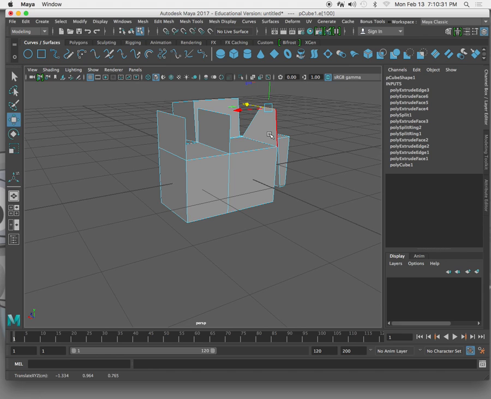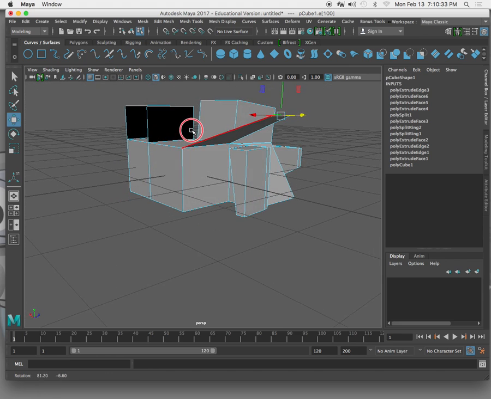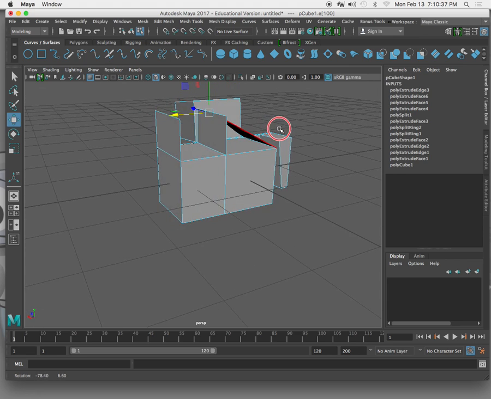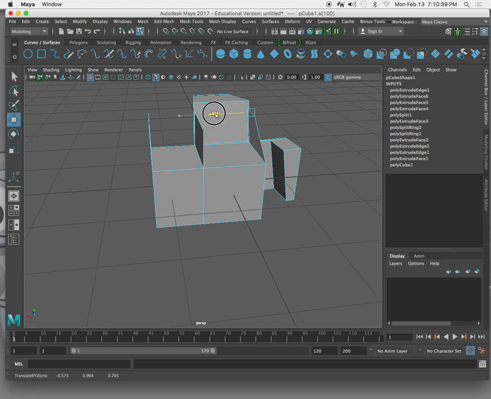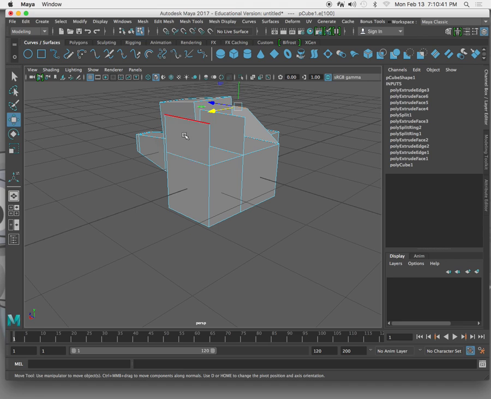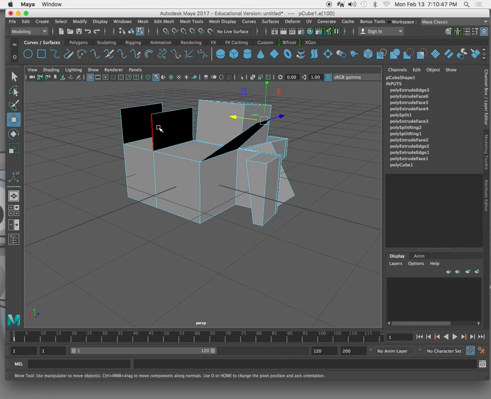Now I mentioned normals a few minutes ago. You probably noticed that on these faces that I created, there's a gray side and a black side. So the gray side is the normal side. This is the side that the camera can see. The black side is the side that the camera can't see. And those colors are used just as an indicator for you. It's a sort of visual cue that when I render this, these faces are not going to be visible